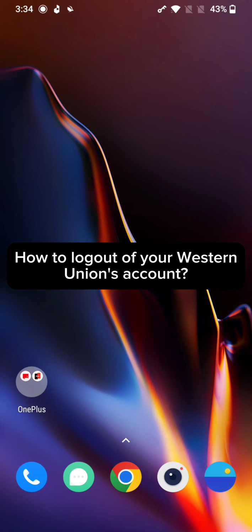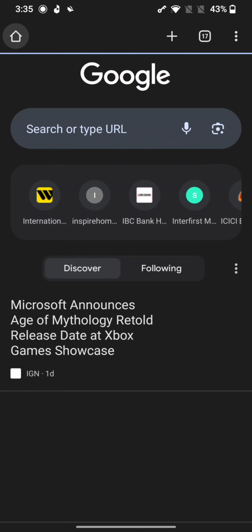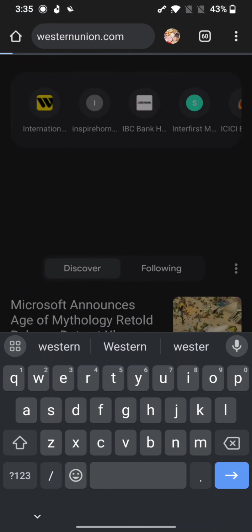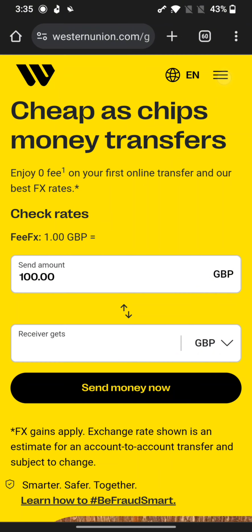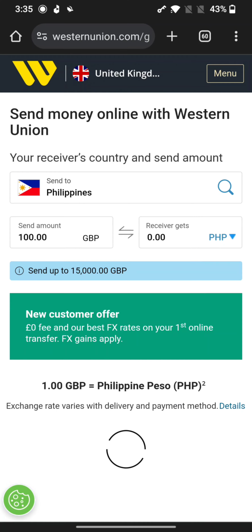To log out of your Western Union account, firstly go ahead and launch any web browser of your preference. On the search box at the top, type in westernunion.com and make a search. You will end up on the official page of your Western Union account. Log into your account using your login credentials and the home page of your Western Union account will appear on the